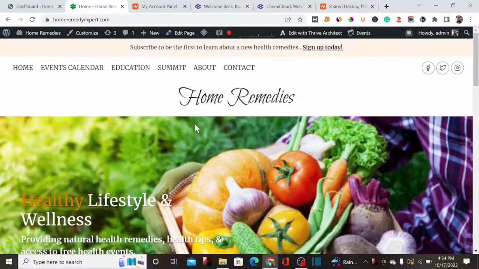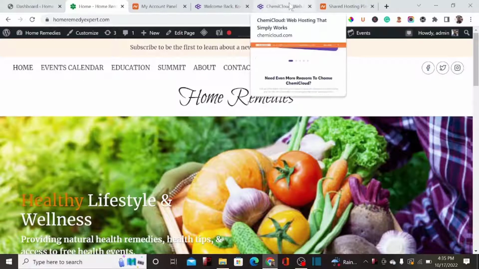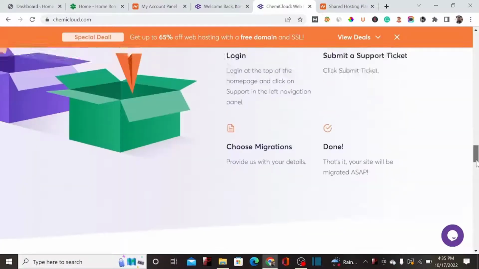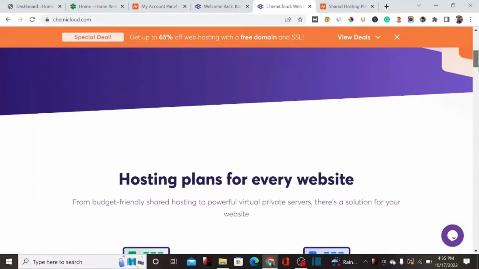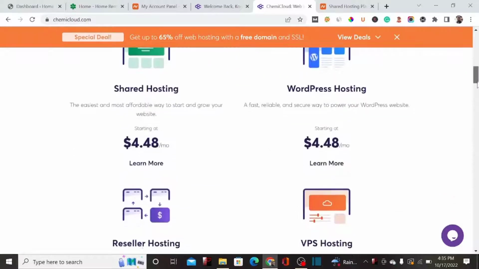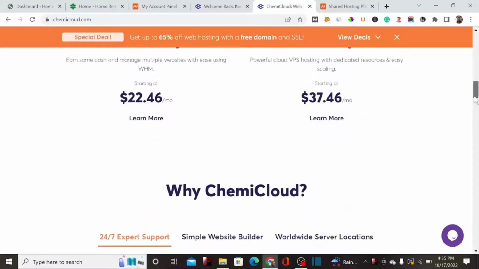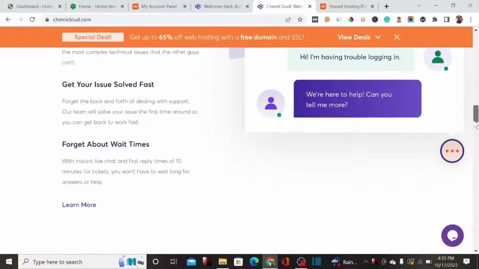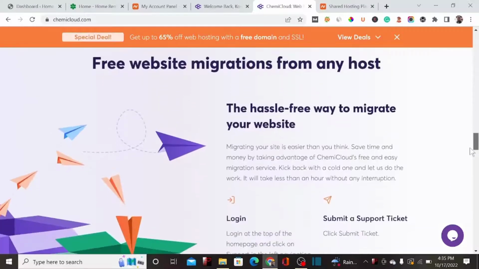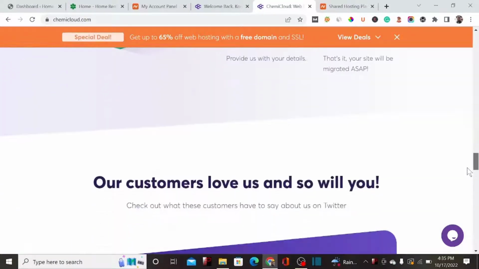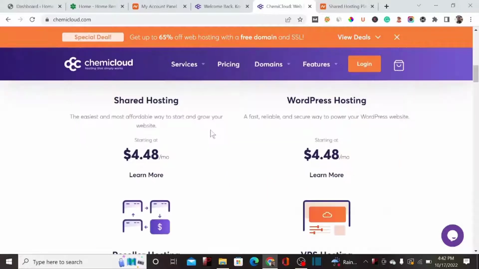So without wasting much time, let me quickly show you the reason why I want to migrate this website from the current hosting I'm using to another one. This website is currently hosted by Cloud. Cloud is a hosting platform. I've been using this particular hosting platform for the past 1 year now, and I really like the platform. They offer good hosting because I have not experienced any downtime throughout my use of this platform, and the customer care is very responsive. You can just send them a message and they will respond and be able to solve any question, any query, any problem you have. But the reason why I'm migrating my website out of Cloud is the fact that